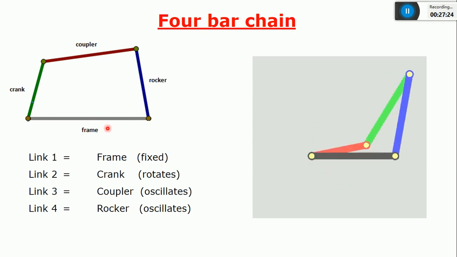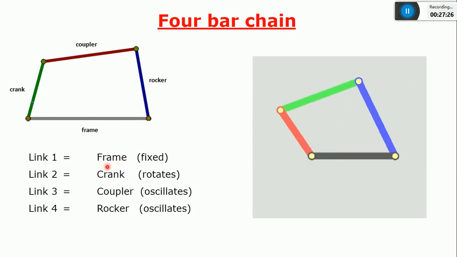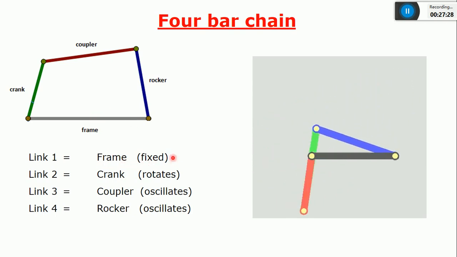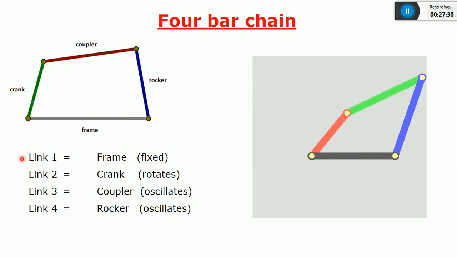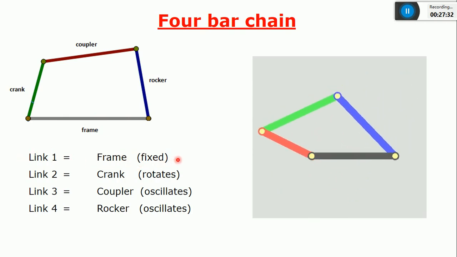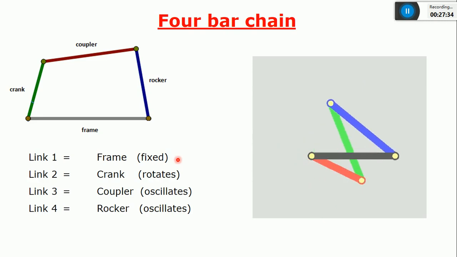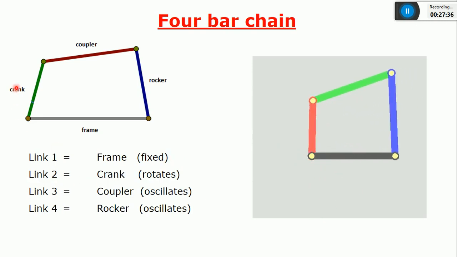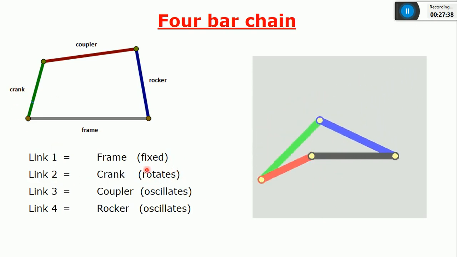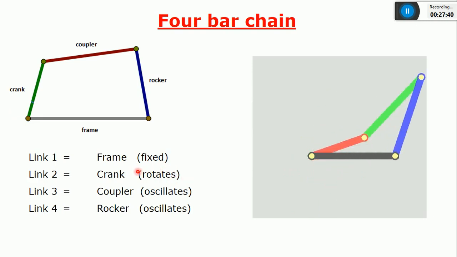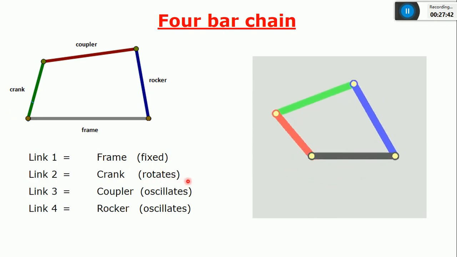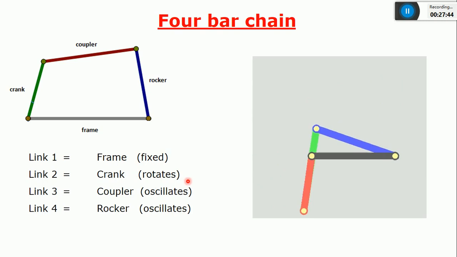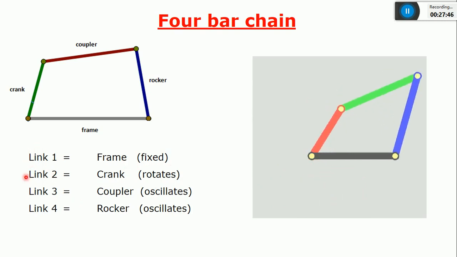In the bracket I have written that the fixed element is this frame. Whenever you see the frame is fixed, it comes under first inversion. The second link is a crank, it is a rotating part. You can see the bracket I have written. The exam also write down like this only. In a similar manner, just write point-wise.